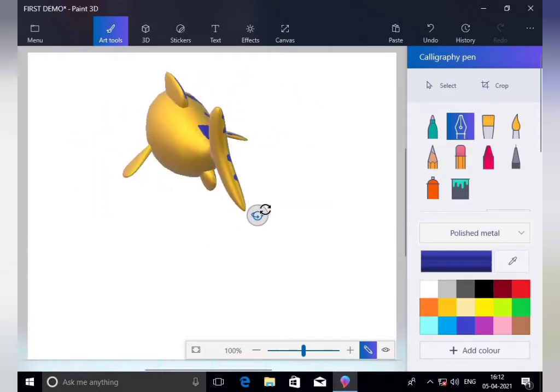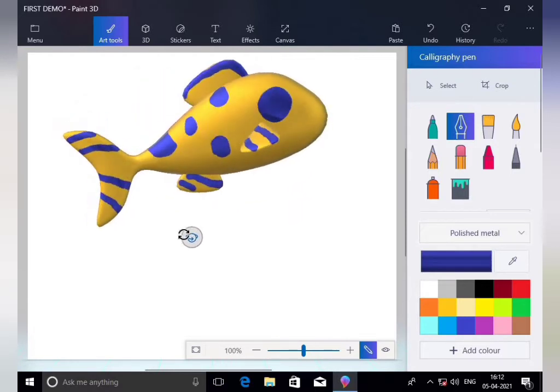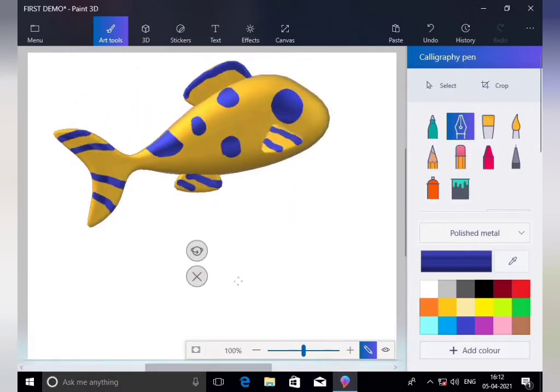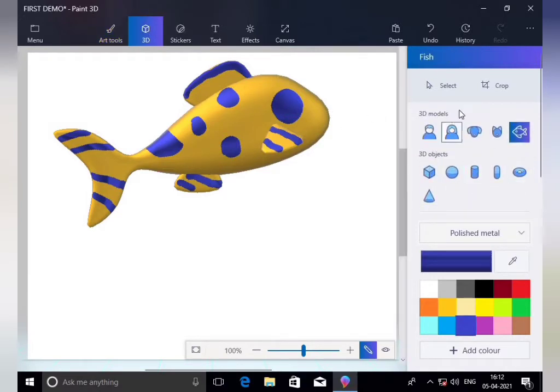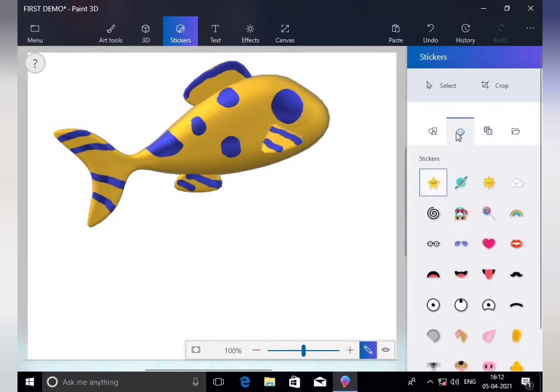For example, now we have moved to the other side, so it is plain, but here we can add some color. So how does it look, right? It looks interesting after coloring the image. Now for example, in the 3D shapes, select the stickers, come to the stickers.